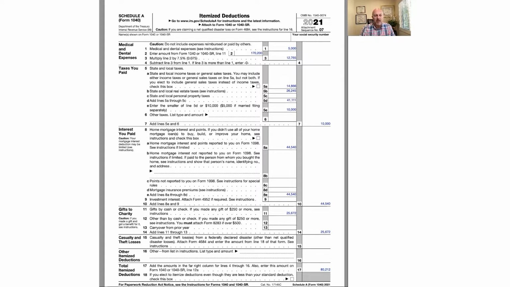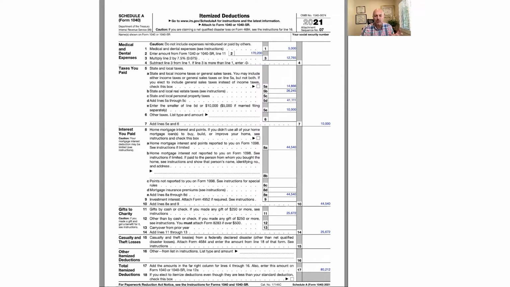So let's start from the top. The first thing is medical and dental expenses. Now let's assume that you had $5,000 of medical expenses throughout the year. To be able to take an itemized deduction, those medical expenses have to be greater than 7.5% of your adjusted gross income. Your adjusted gross income is at